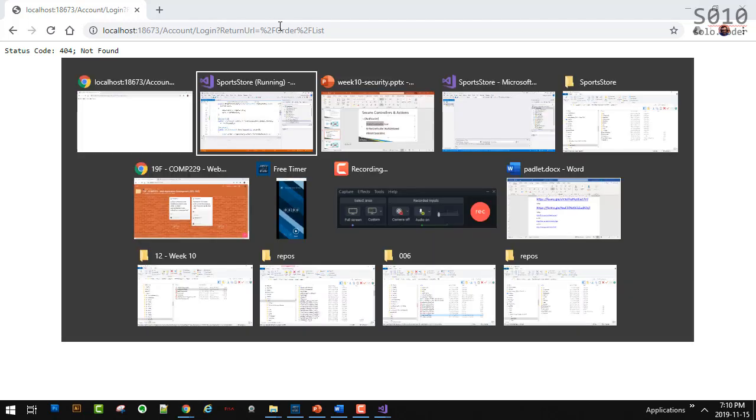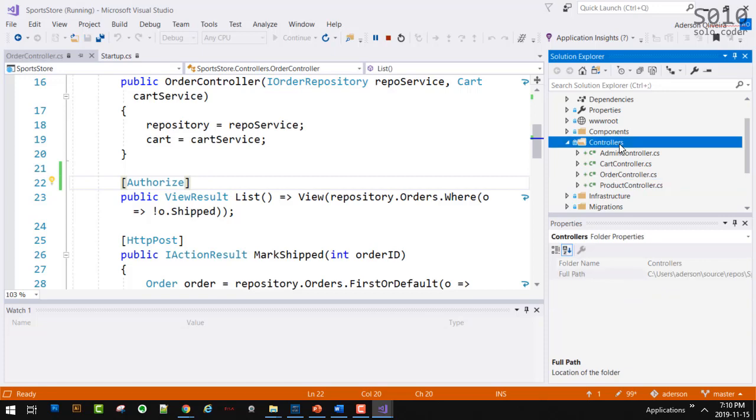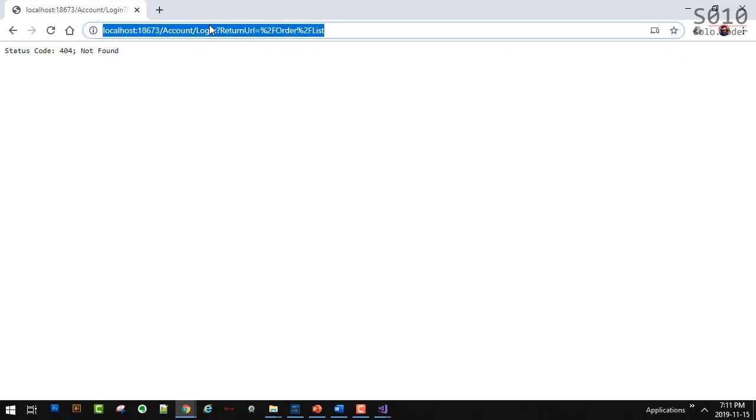Now we get a redirect, but we have a problem there. Let's look at this. So I asked that before, I'm going to ask again. What is account here? Controller. What is login? The action. Let's look at our projects and see if we have them. See, controllers, well, we don't have an account controller. And if we don't have an account controller, much less login, because login is part of the account controller.